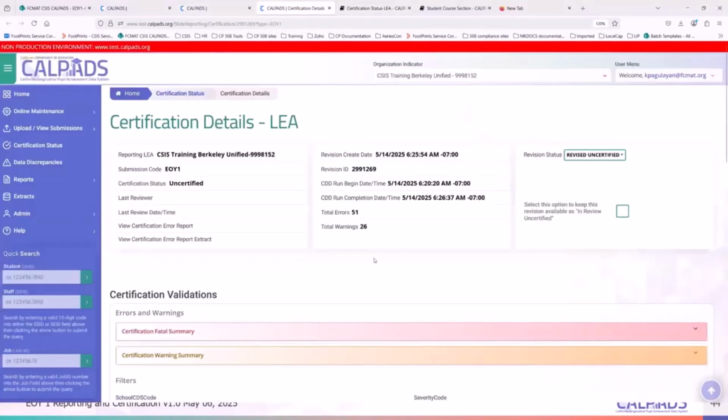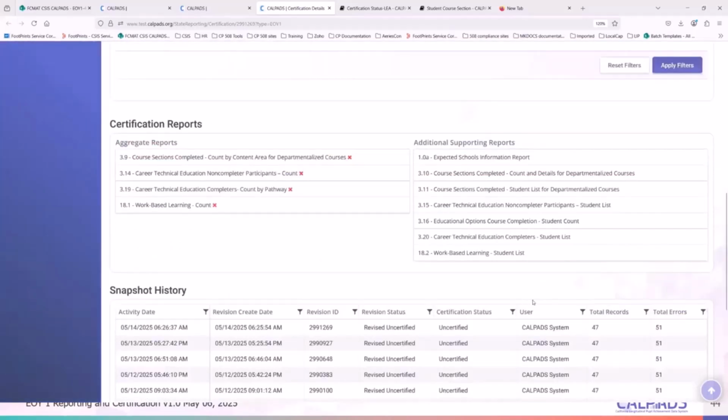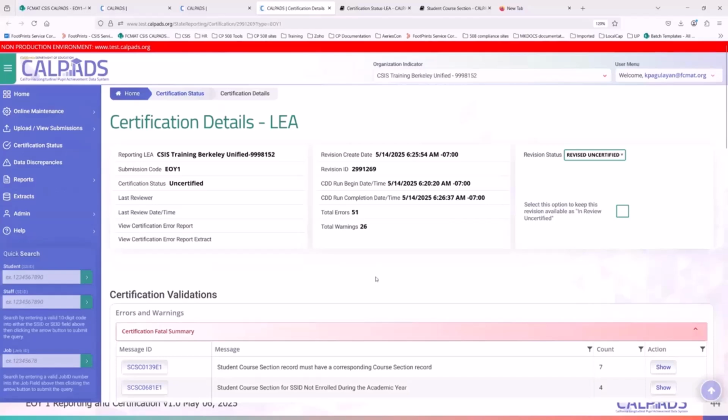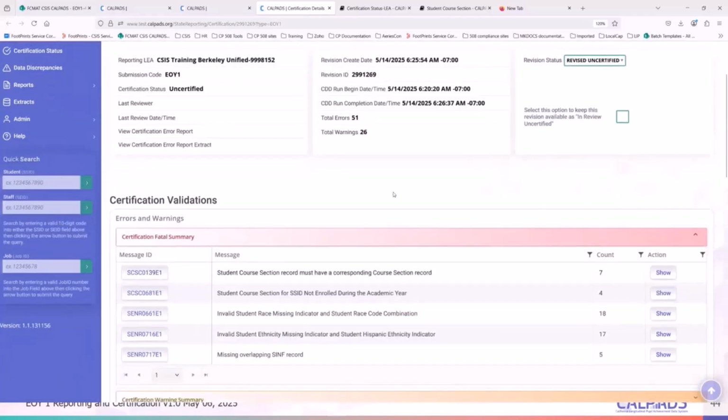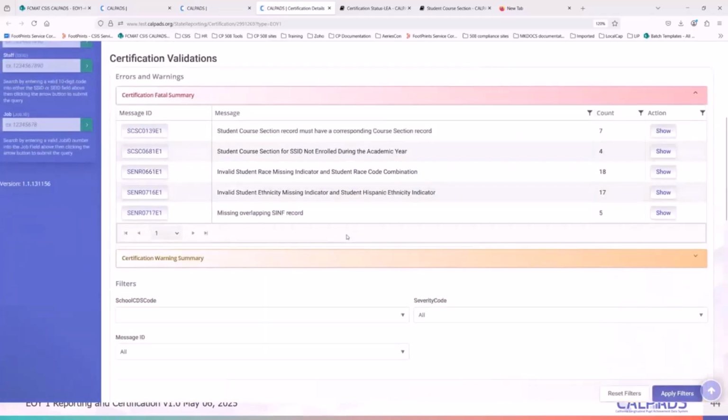So that's that. Once you've brought it down to zero, then you could certify, right? However, we have 51 errors here, so we need to resolve the errors. The certification validation page will reflect both cert errors and certification data discrepancy errors.